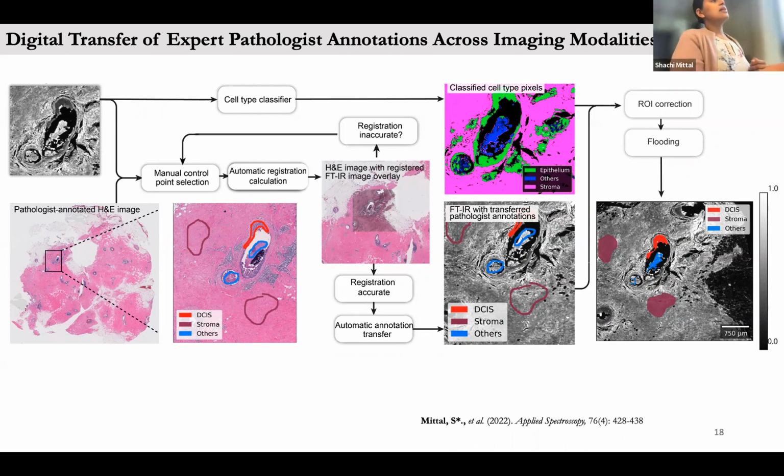So how it works is that it has a graphic user interface where anybody would select 3 data points that are similar on the H&E and on the IR, and it's going to register based on those 3 data points. Once it registers, there can be some errors, which it then corrects for by this simple classifier that we have provided, because a cancer cannot lie on collagen, or collagen cannot lie on the green region. So we use those rules to correct for any errors in the registration, and it's able to transfer the annotations